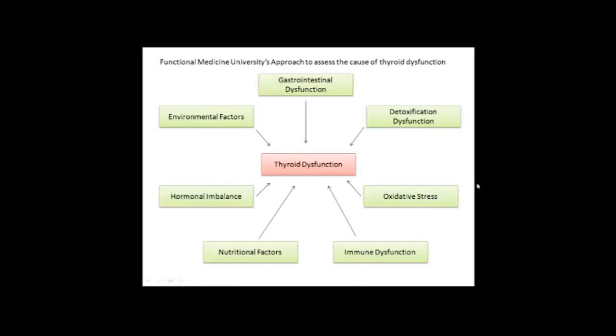Okay, so here's the approach for a functional medicine approach. Again, we need to look at the major body systems, and as acupuncturists, to add energy balance. So I probably should add that on the slide for this presentation, but I'm sure you all are adept at that. So what I want to do is we're going to go clockwise around here, start with gastrointestinal dysfunction,